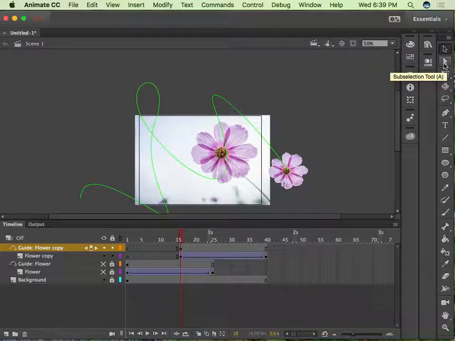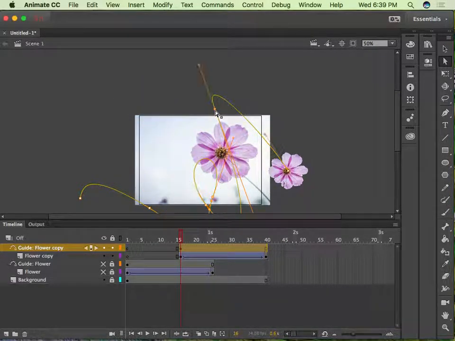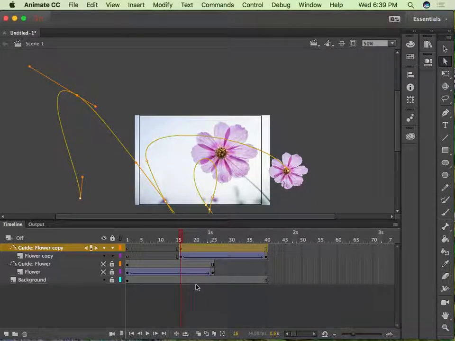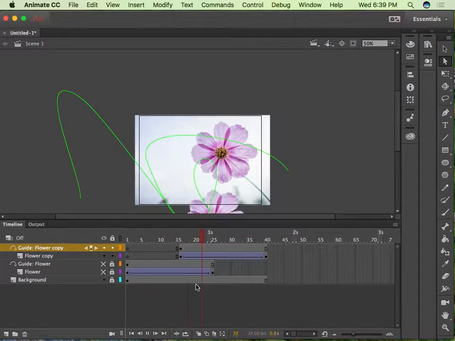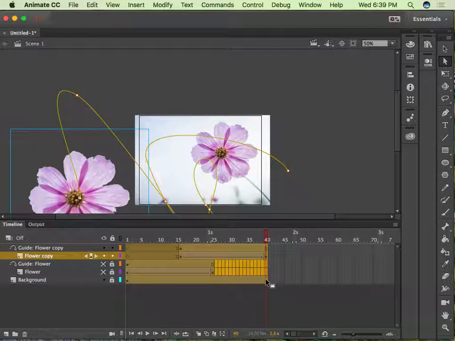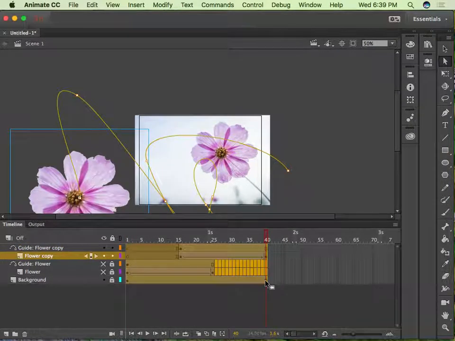And then I'm going to go to my sub-selection tool again, just like your direct selection tool, and I'll select some of these points. So I'm going to shift-click and select these points to move them around here, and then change up the path a little bit, the journey this flower is going to take, right? And then I'll hit enter or return, and just see what happens there. I'm good with this so far. It's just moving really fast, so I'm going to select all of these and see if I can extend this video